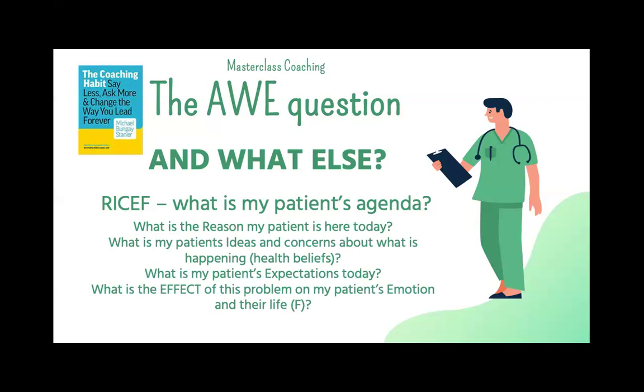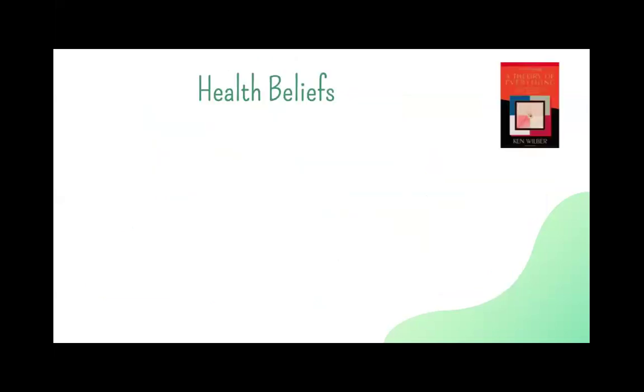So all of this doesn't take very long to do, this history, but it starts giving you an idea of what my patient has brought into the consulting room today. So just a couple of words about health beliefs. When I specialized, they put a big emphasis on this. You have to elicit the health beliefs of the patient, because there are different ways in how people